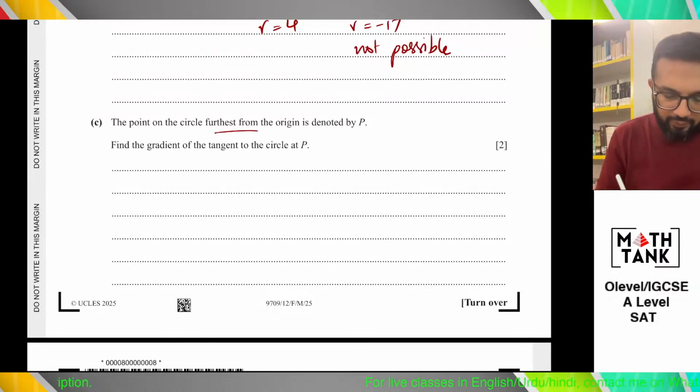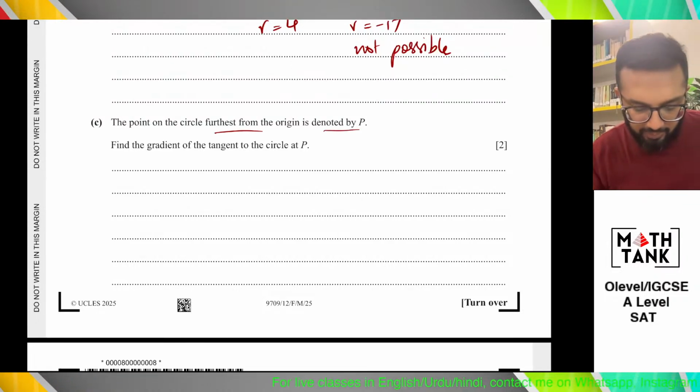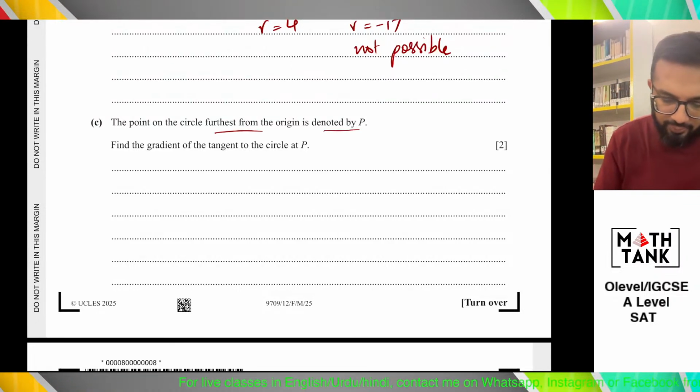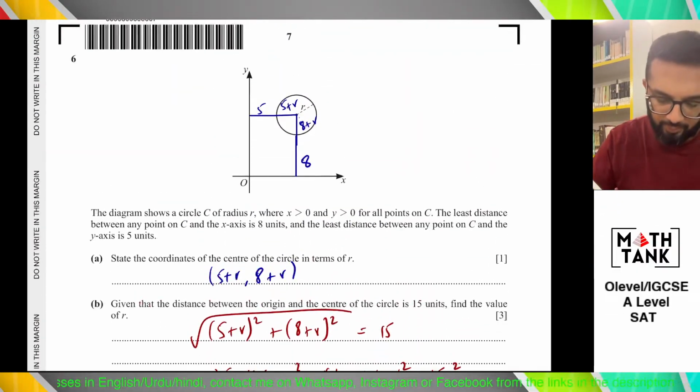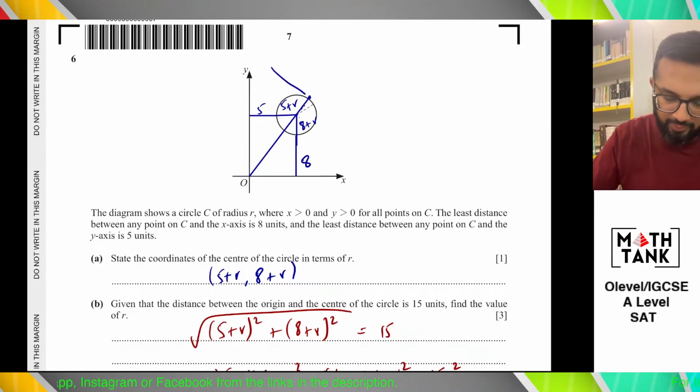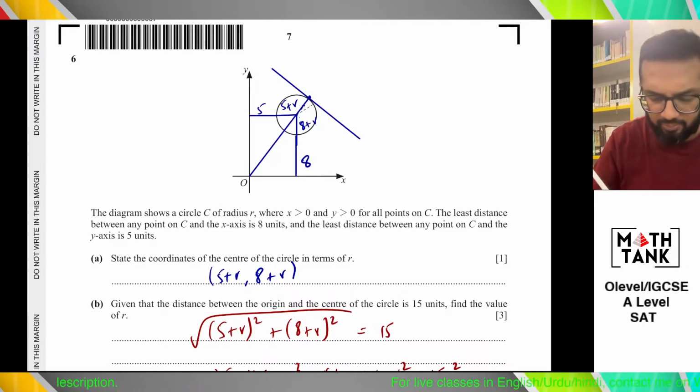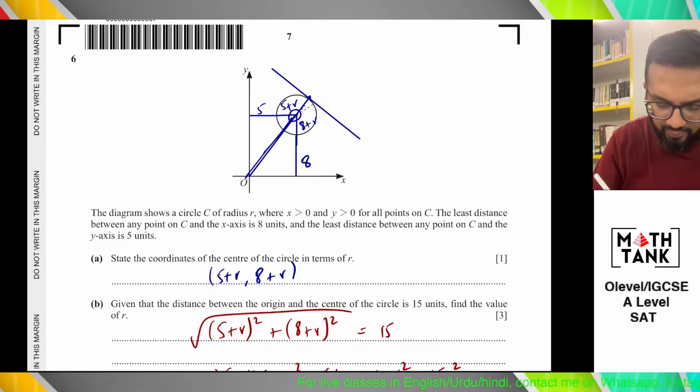The point on the circle furthest from the origin is denoted by P. Find the gradient of the tangent to the circle at P. The farthest from the origin would be something that passes through the center and goes like that. Now I want to find the tangent here. I can't directly find the tangent, but it's going to pass through the center, so I can find the